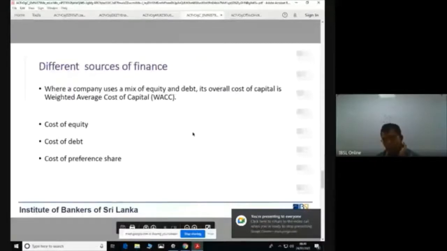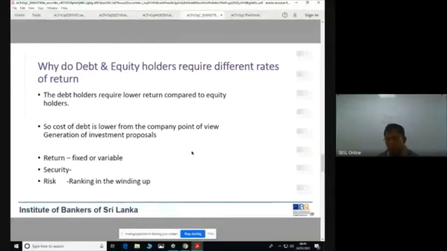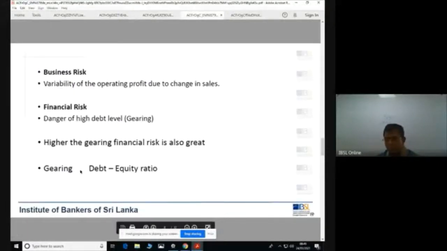Now all this you can read, other things, but I have taken the summary of this. Now don't worry about the ratios. I will be giving investor ratios for you all at a later stage. Then everything will be covered. Only thing, remember the financial risk is basically measured by the debt equity ratio. The gearing. How much this company is geared, meaning compared to the equity, compared to the share capital, how much borrowings are there?